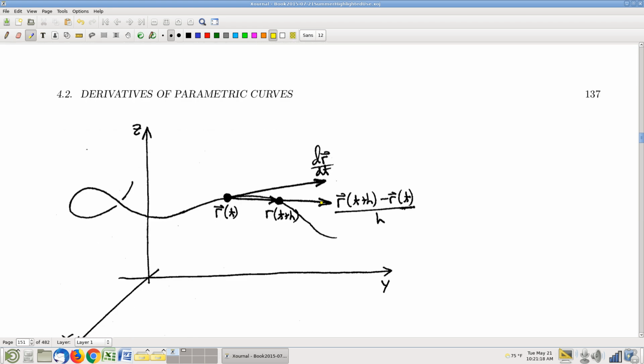Okay, so let's not get ahead of ourselves. There's a point on the parametric curve. Here's that nearby point, h units of time later. The numerator is the difference, the difference between those two points. Let's think about what happens as h gets small. Eventually we're going to take a limit as h approaches 0. As h gets small, these two points get closer and closer to each other. The numerator becomes an increasingly small vector,